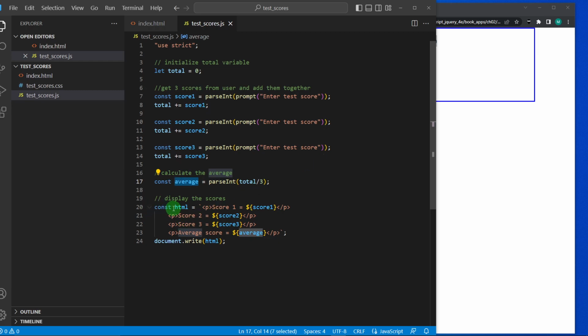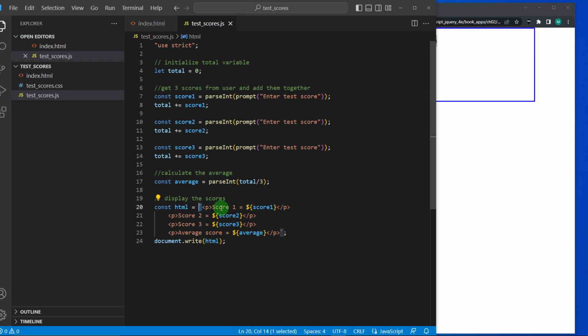And then down here, we're generating the HTML using a template literal, which is the method of concatenation and substitution, surrounded with backticks. So we're going to concatenate all the things inside these backticks together. It's going to make a paragraph